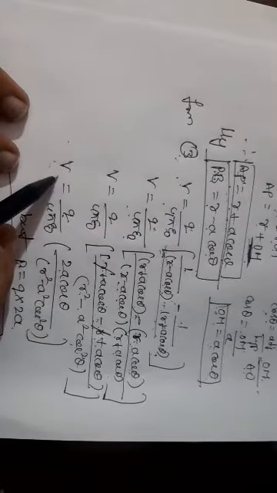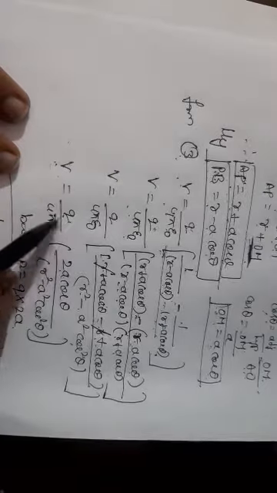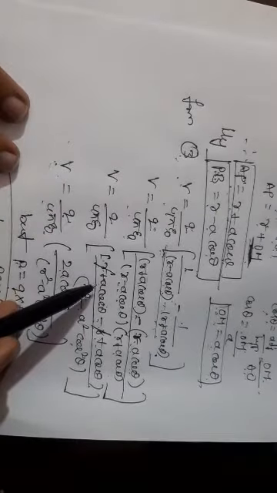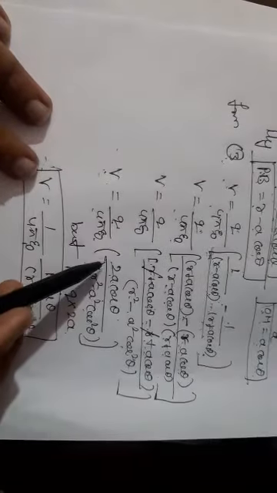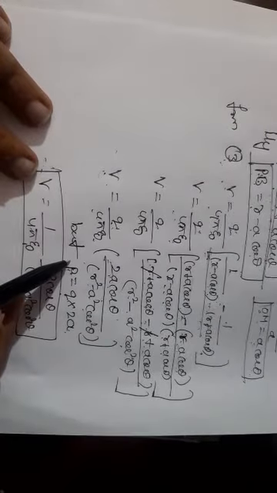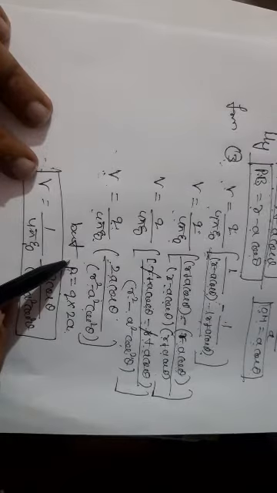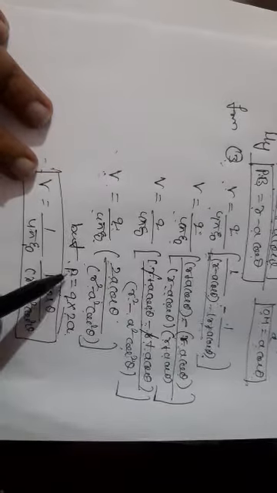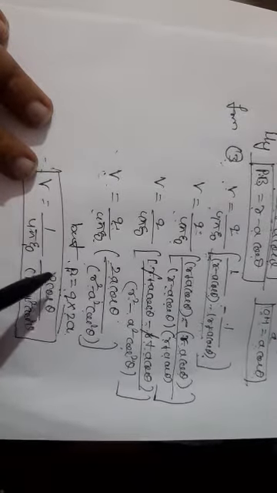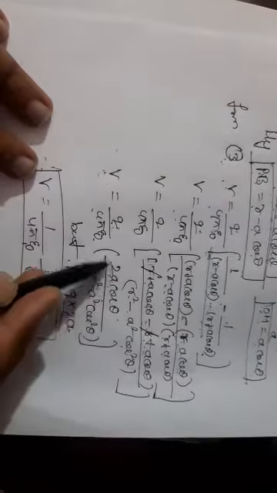Therefore, the electric potential V is equal to q by 4 pi epsilon naught, a cos theta plus a cos theta, that is 2a cos theta, divided by r square minus a square cos square theta. But 2aq is called the dipole moment. The dipole moment is defined with charge q, and the distance between positive and negative charges taken as 2a. That is p is equal to 2aq. That is the definition of dipole moment.